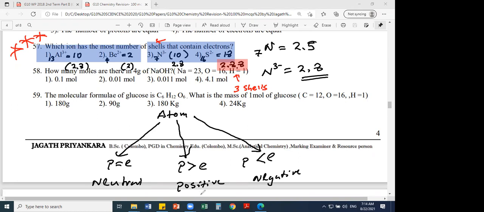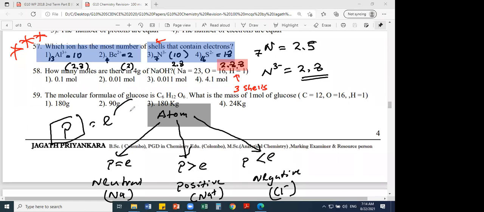Example, here positive Na plus. Na plus has more protons. If you take chloride, it has more electrons. Na atom is neutral, but Na plus is positive. Why is it positively charged? One extra proton. Why is Mg Mg2 plus? It has 2 extra protons than electrons, because protons are not going out or in. When the electrons are jumping out and in, this becomes an imbalance. Atom, proton unchanged, but electrons can jump in or jump out.